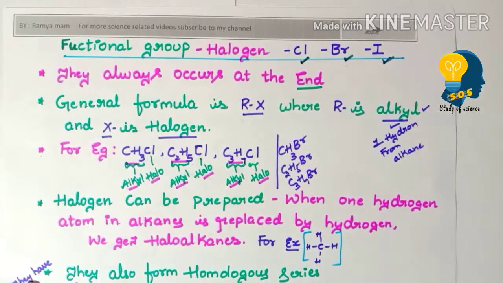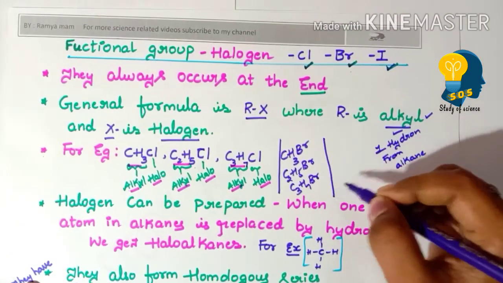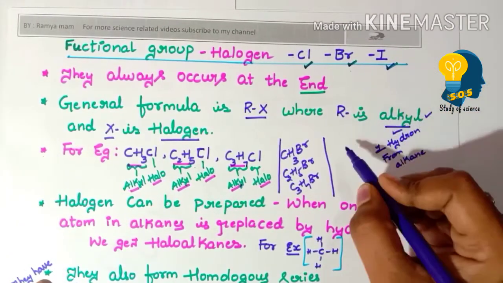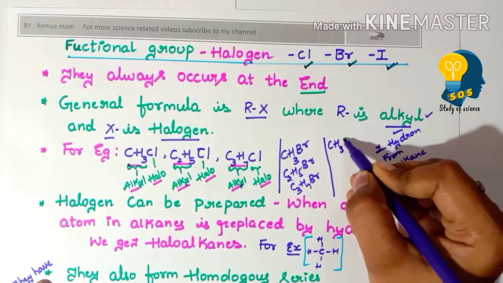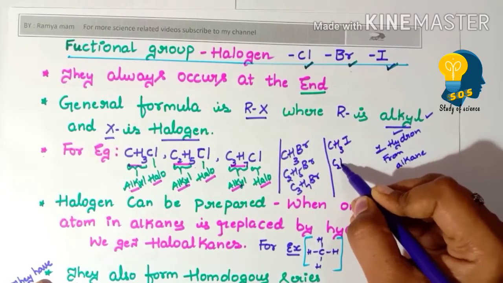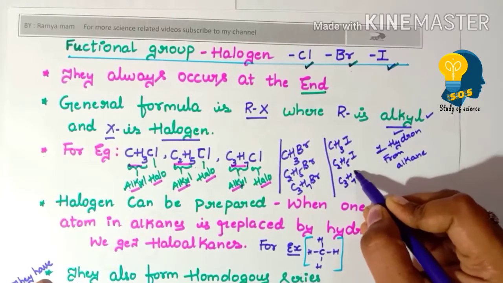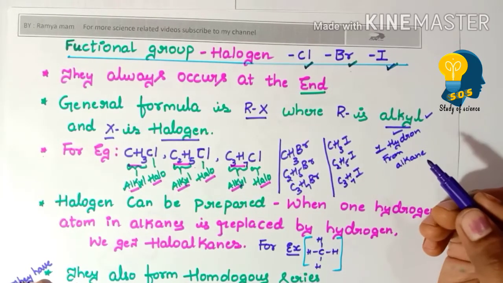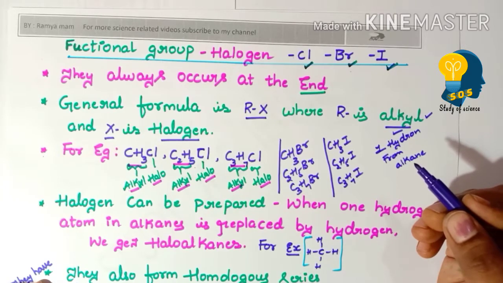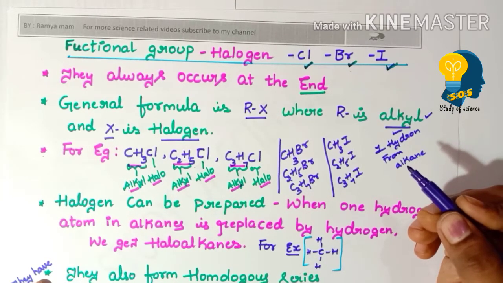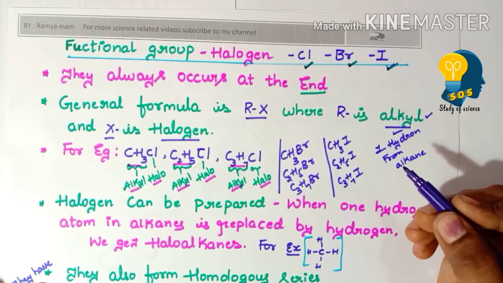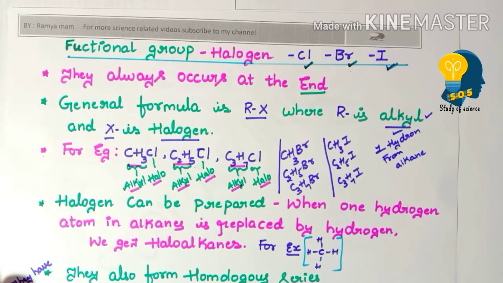You can also take another example by attaching iodine. Write CH3I, C2H5I, then C3H7I. So this is how we write the examples for the halogen group. I will teach you the naming part when I am teaching the IUPAC naming. So now the next property is,